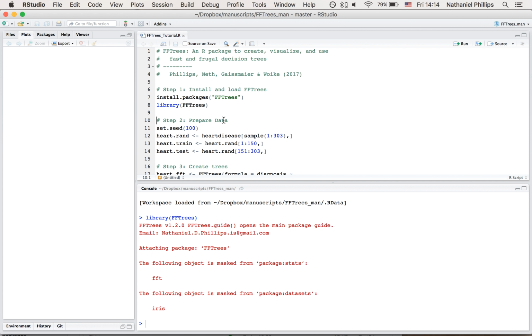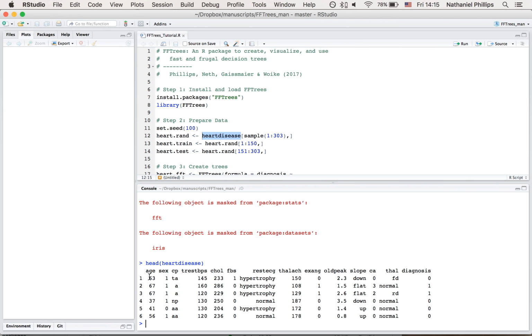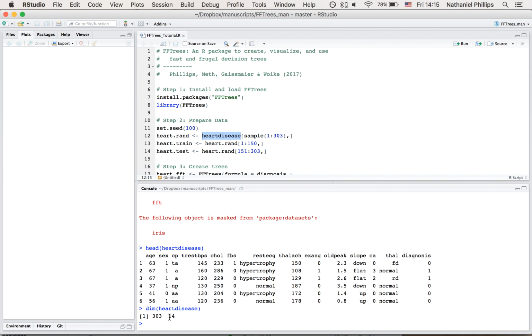So the second step is to prepare the data. And by that I mean separating the data into a training set and a test set. So we're going to start with the heart disease data set. This comes with the package. So just to see what it looks like, let's run the head of the data set. Here you can see that there are many different cues, so age, sex, and different medical tests. And the criterion is diagnosis. So this is whether or not the patient has heart disease or not. A 0 means that they do not have heart disease, they're healthy, and a 1 means that they do have heart disease. And if we look at the dimensions of this data set, we see there's 303 rows and 14